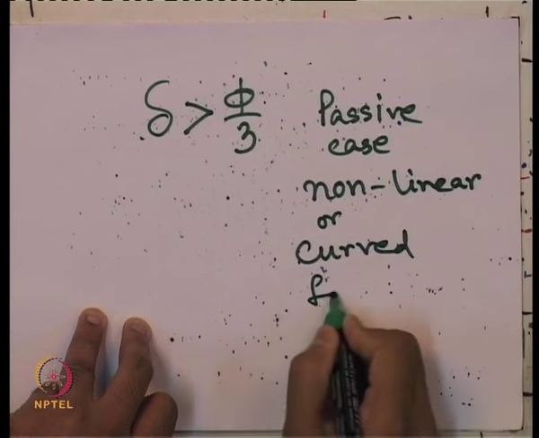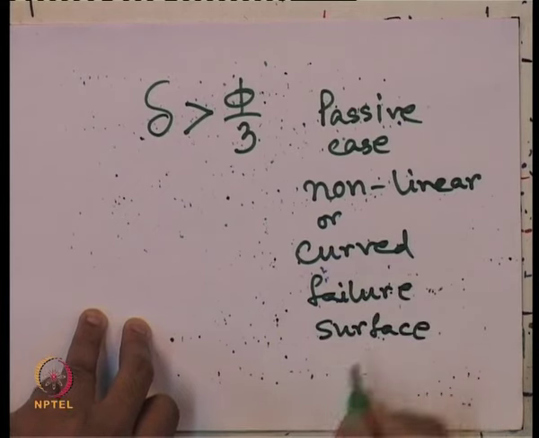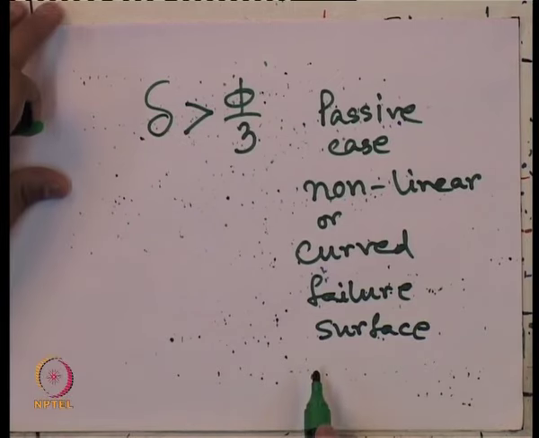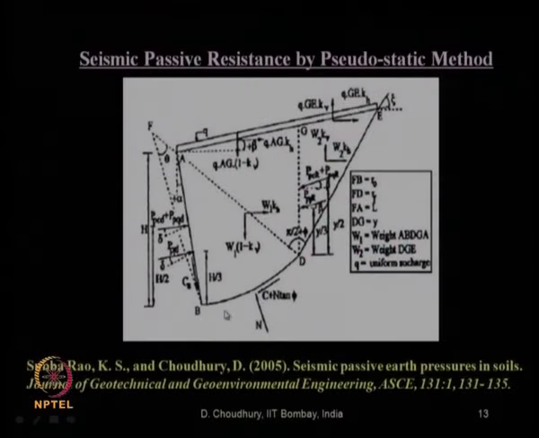or curved failure surface. Okay? It is no longer a planar failure surface. That Terzaghi himself has mentioned way back in 1943. The same is true for the seismic condition also. So, that is why instead of taking a planar rupture surface, we consider a curved rupture surface like this, which is a composite rupture surface, where the portion BD is a part of a log spiral and DE is a part of a planar failure surface. So, that combination has been taken for this retaining wall.